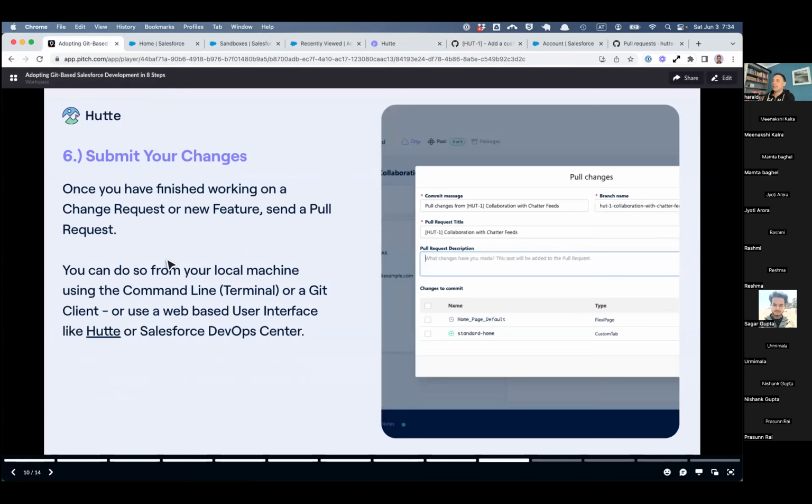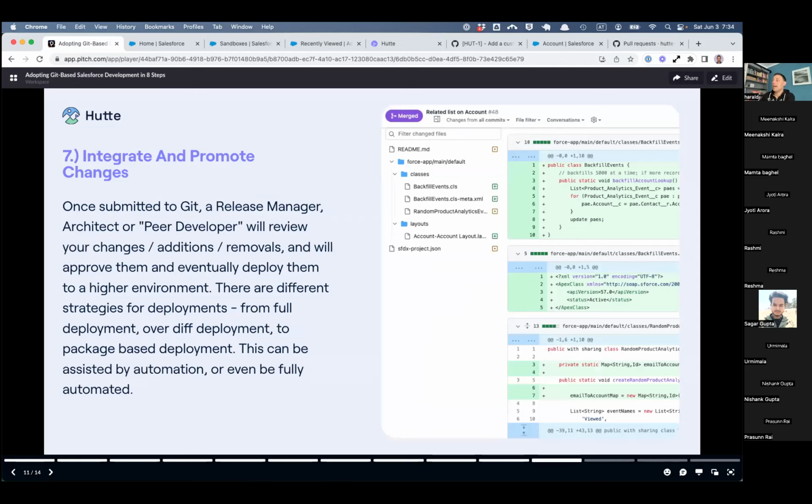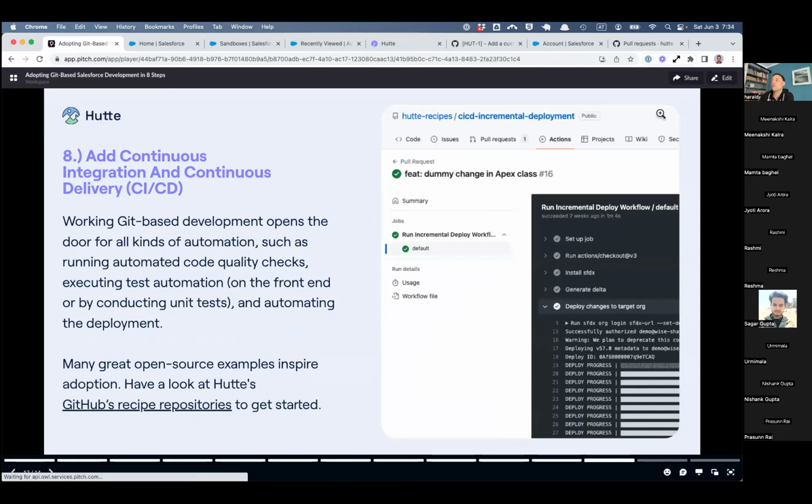So yeah, we have now seen submit your changes. I've done changes in the sandbox. I have submitted them. I've done my pull request. And now we are here integrating and promoting changes. So we have seen the pull request is basically open. That means people, depending on your setup, get notified, they do the review, and they ultimately perform the merge. But before I do that, I want to